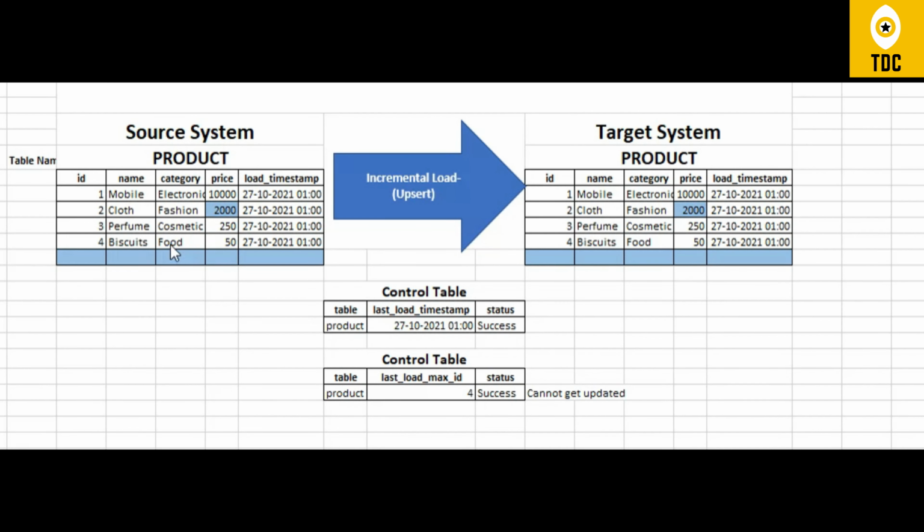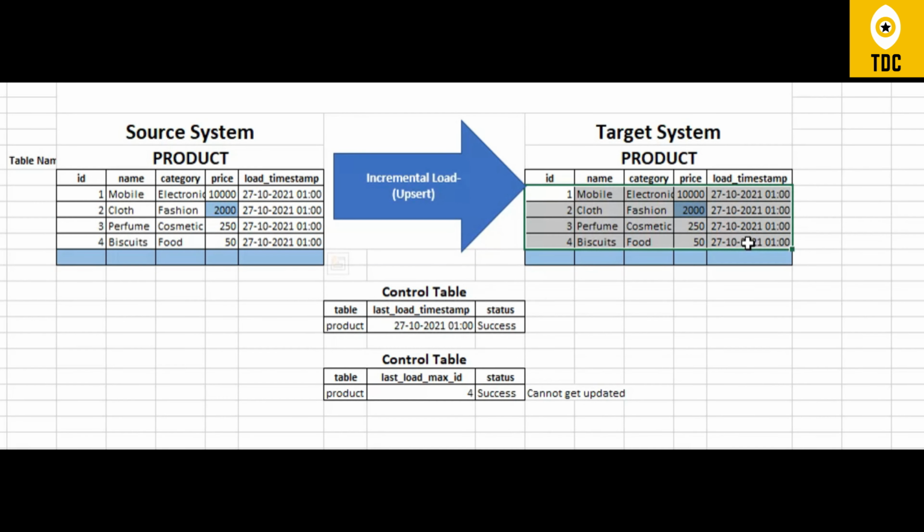Suppose during the first load, we have in the control table the last load max ID, and we have mentioned that as 4. That means whatever records are loaded after 4 have to be loaded in the subsequent loads. On day 1, we are loading the entire data, from 1 to 4, to the target system.